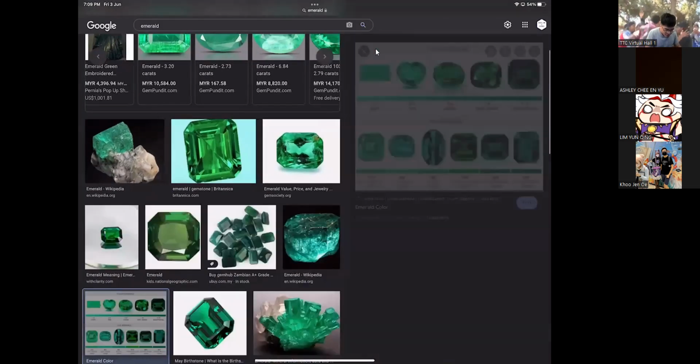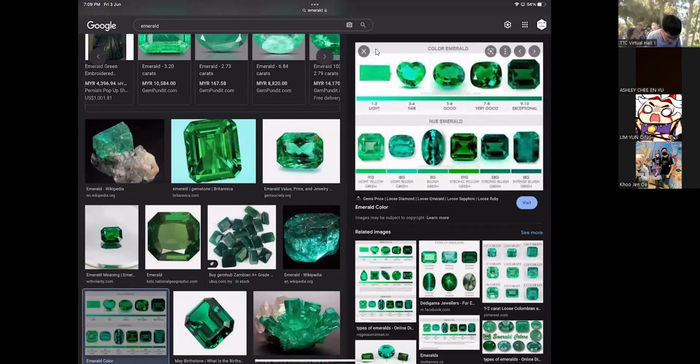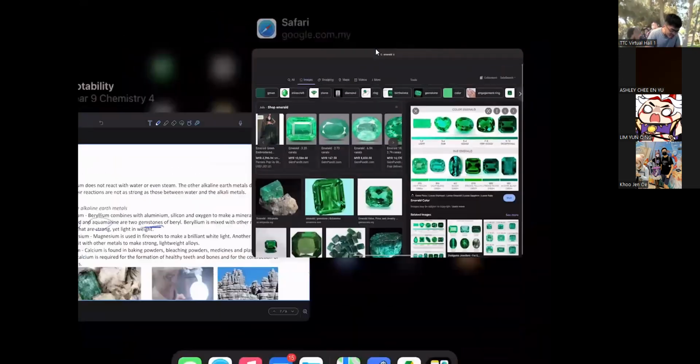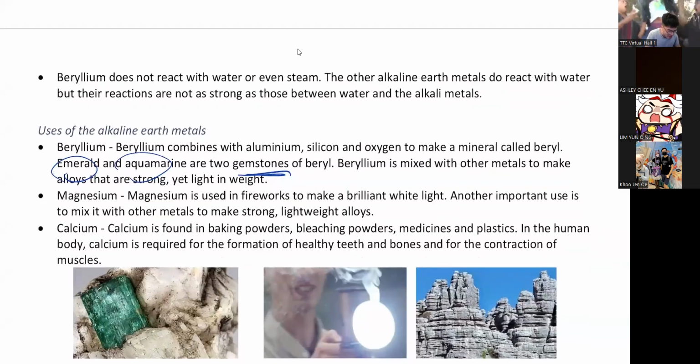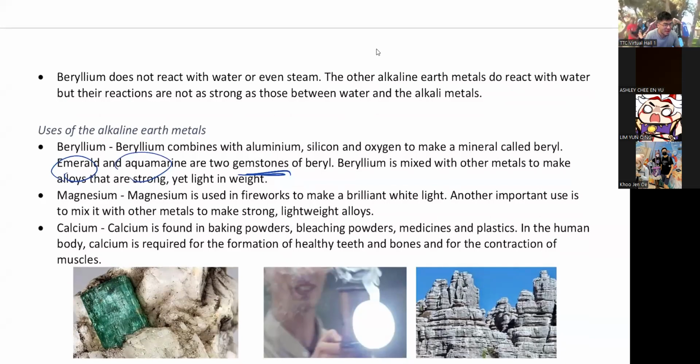All right. And of course, you look at the quality too. It has many different colors. Certain colors are more expensive than certain other colors. This one, I'm not sure which one is better. I don't know. It's a very subjective thing. Maybe you like green, maybe you don't. So nobody knows. Aquamarine is the same thing. And then you have so many more gemstones. You learn it in year 7. You have sapphire, you have